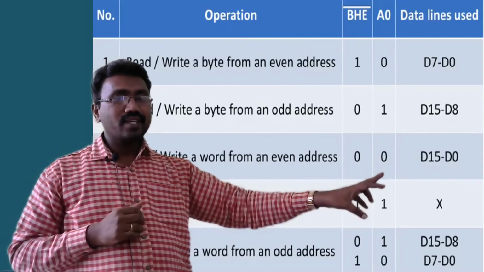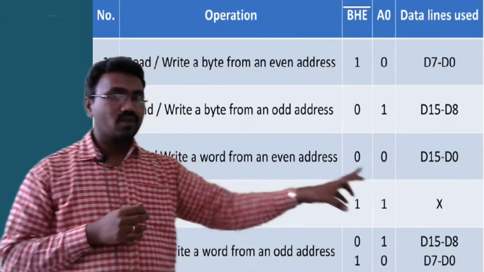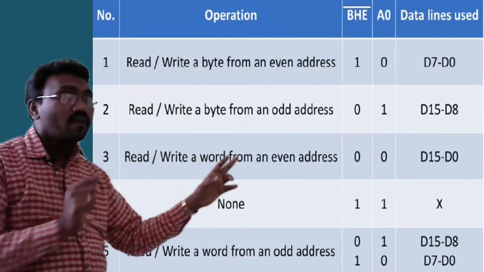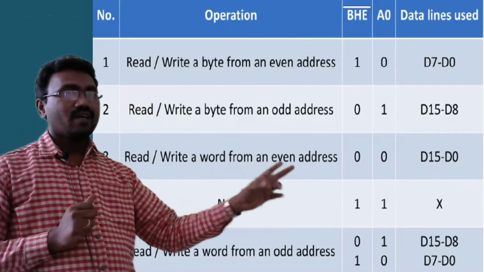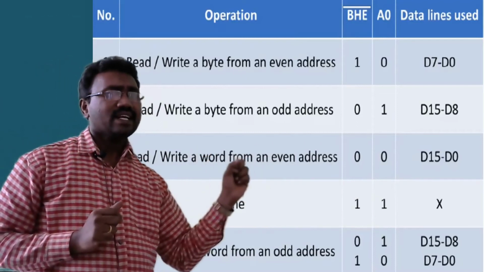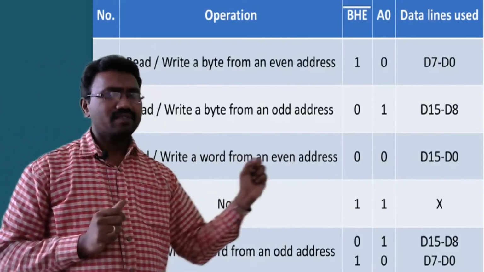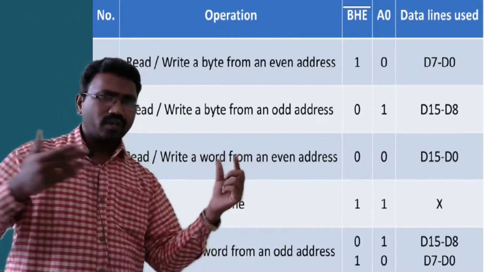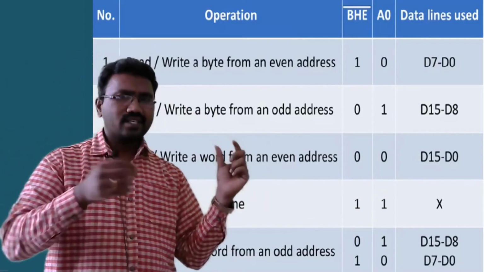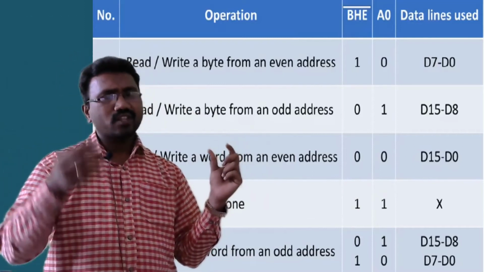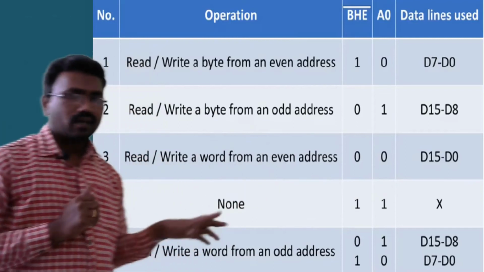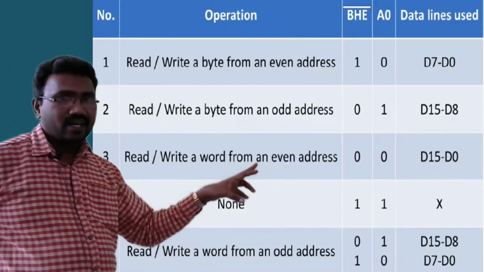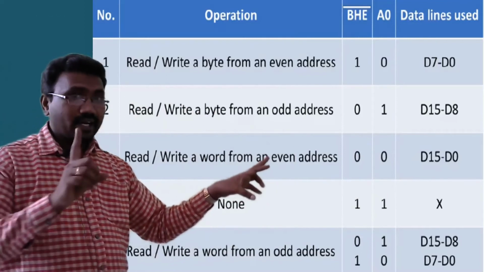The word size depends on the number of data lines in the processor. So it performs a read or write of a word, which is 16-bit data from an even address. The processor generates an even address, but it accesses the even address and the subsequent location. Suppose the address is 2 and the next address is 3; it can access the data from the third location also. Is it clear? Next, if the processor generates an even address to access the 16-bit data, it requires only one memory cycle.